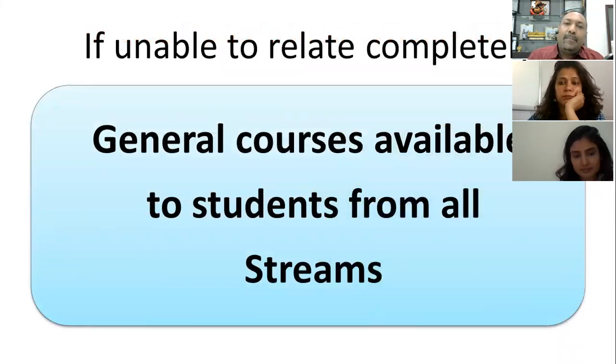Now, all 4 pure area domains I have shared with you. Let us say you've already taken Science A group, and now you feel that engineering is not something you want to do. Or you've taken B group and now you feel medicine is not your cup of tea. Or you've taken commerce and you don't want to study those numbers again and again throughout your life. Or you've taken arts or humanities, but you're not too good with reading, writing, and literature type of subjects. Then what are the options available?